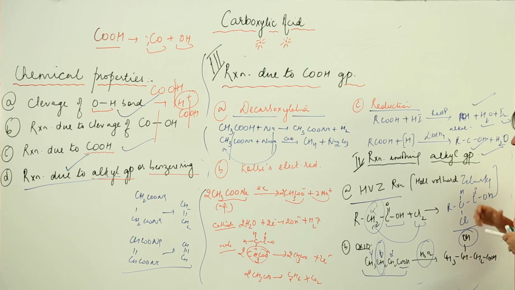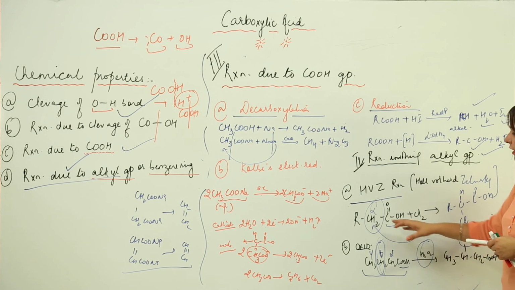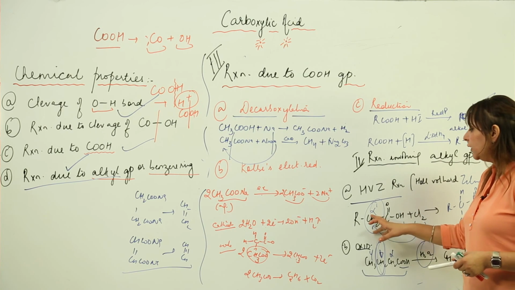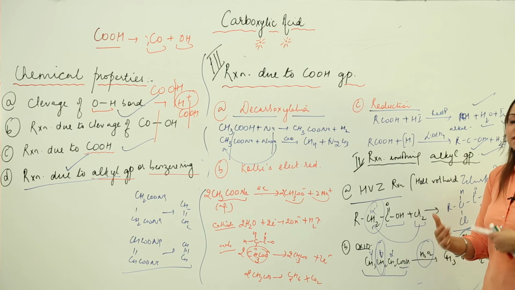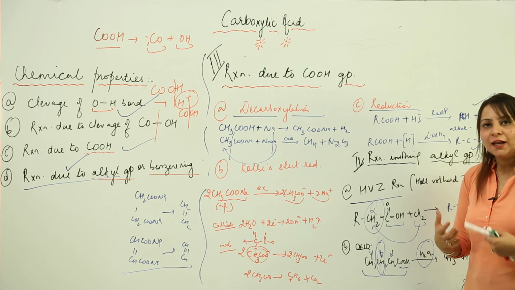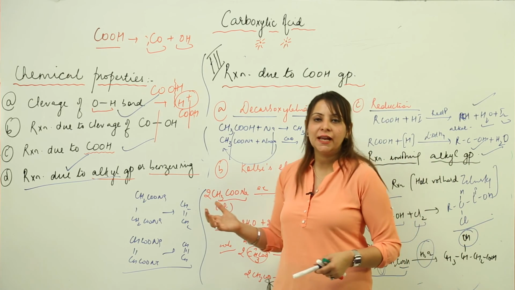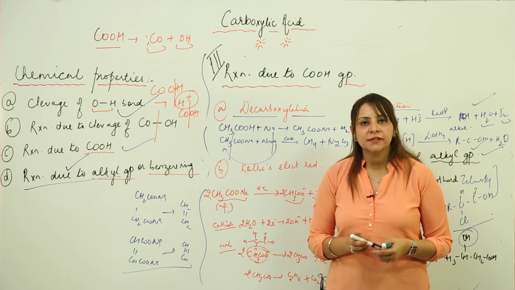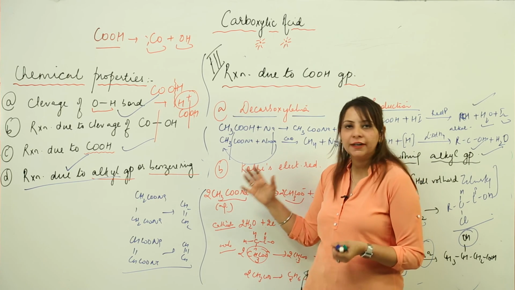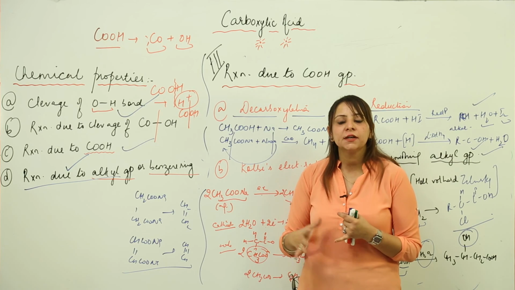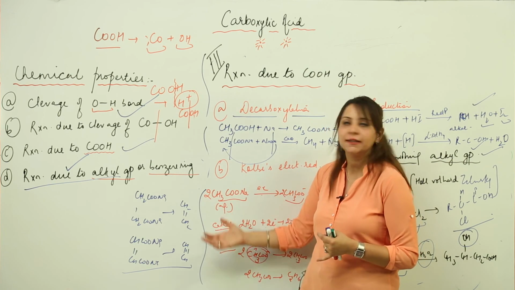Moreover, one more thing you need to remember: if we have more H here and we keep on adding more halogen, all the hydrogen can get displaced and we can get the substituted halogen acid compound. So this is the reaction involving the carboxylic acid. We have finished with the carboxylic acid, and I think you got it correctly: what kind of carboxylic acid, how we can prepare it, what are the physical properties, and even what are the chemical properties.